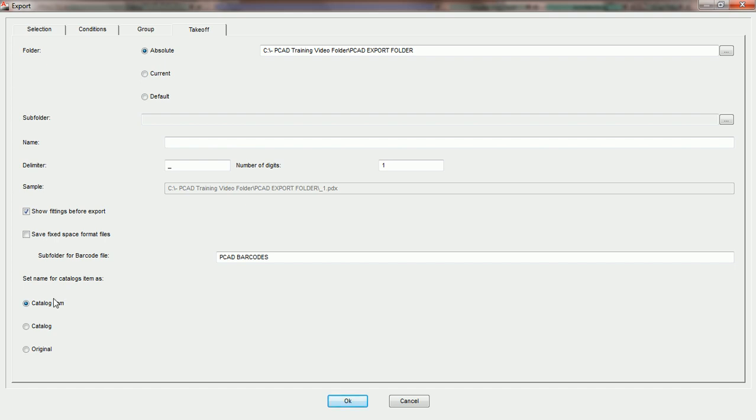The last option we have in the Takeoff tab is the ability to set the name for catalog items as one of the following. There are three choices currently: catalog item, catalog, and original. Catalog item means that if we took an original PractiCAD fitting, cataloged it, and created a variety of this fitting